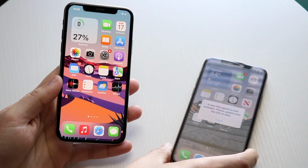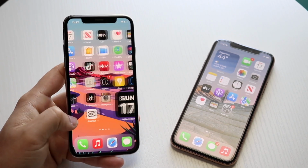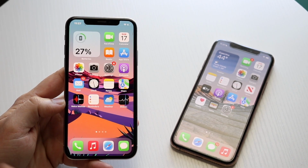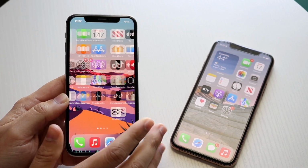Now, one of the more interesting things with both these phones is probably the software lifespan. Since this phone came out in 2017, you're probably going to be getting a few more years of software support. I would probably say like 2 years possibly, but it's not going to be a way crazier amount. I would probably say this thing is going to be lasting probably for the next two years of full OS updates and maybe a year of security updates,